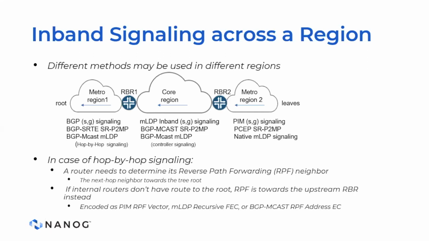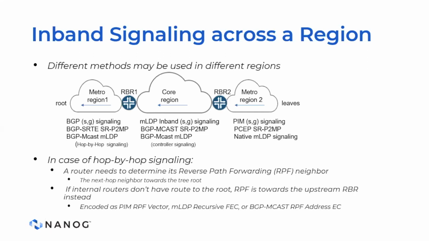And finally, in the metro region 2, you could be doing the legacy MLDP signaling for the MLDP tunnel. In the core region, we can do the BGP-MCAST signaling from controllers to set up the MLDP tunnel. And in region 1, we'll use BGP-MCAST signaling, but in a hop-by-hop fashion. Now, in case of hop-by-hop signaling,